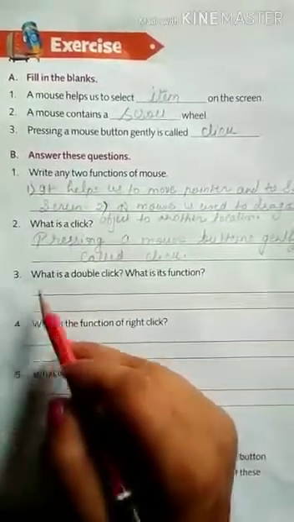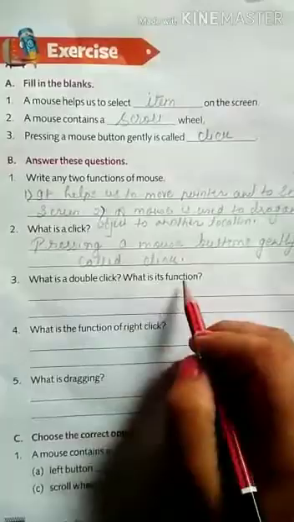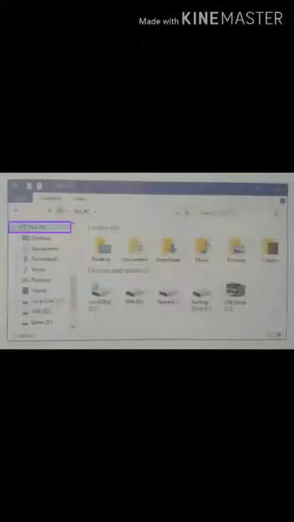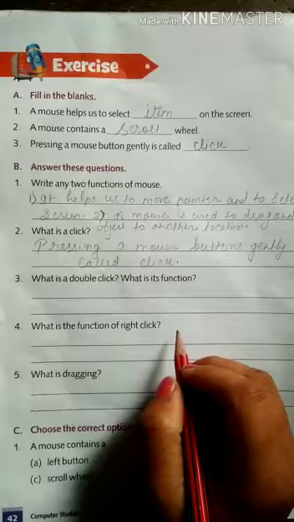Question number 3. What is a double click and what is its function? Double clicking left button of mouse selects an item and opens or executes it. Double click is done by pressing left button of mouse twice.